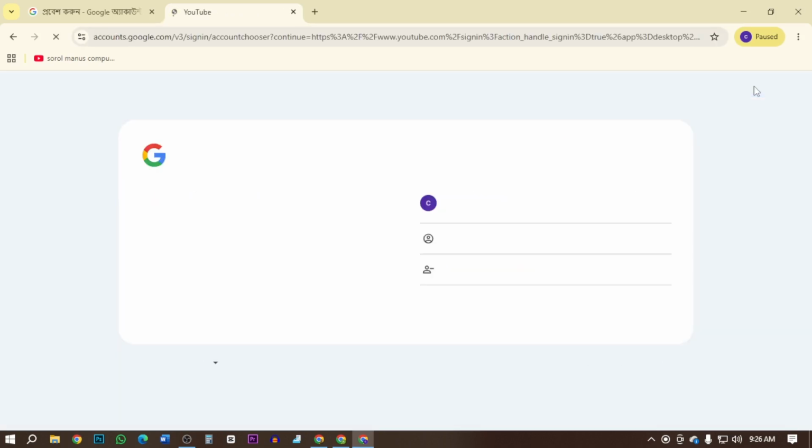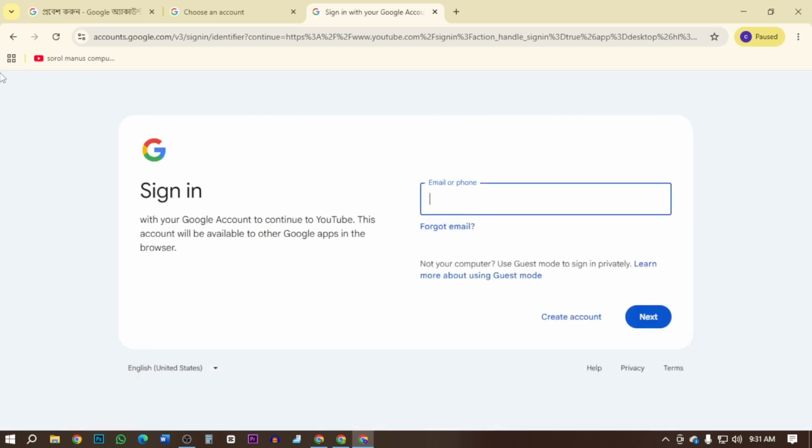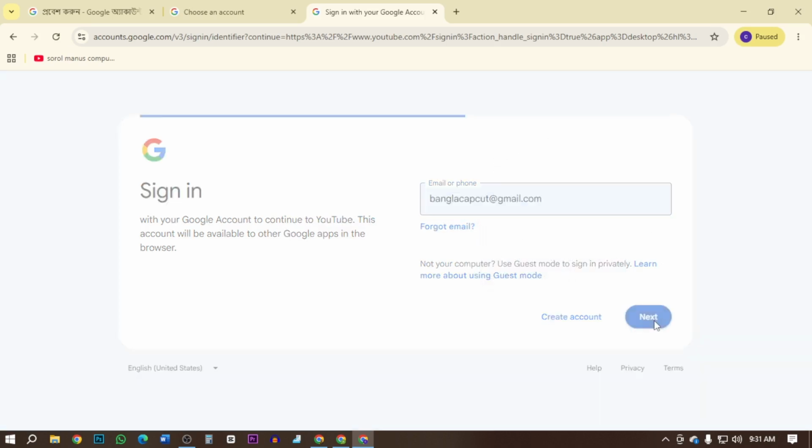I'm clicking to sign in. Already I have a Gmail account. Now I can log in using that email, and also I can use another account. And so I'm using. After that, click to next,